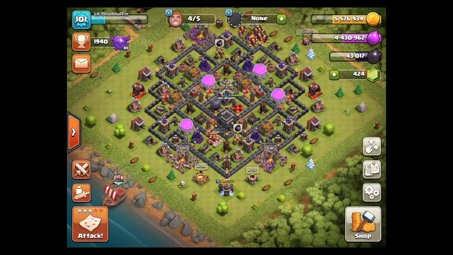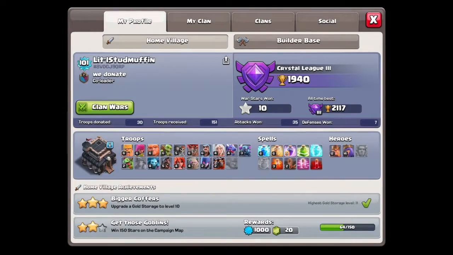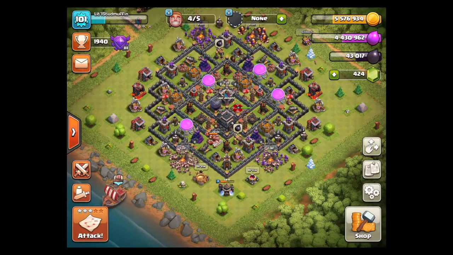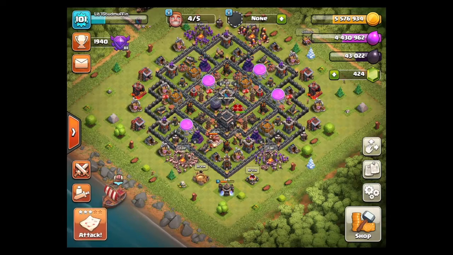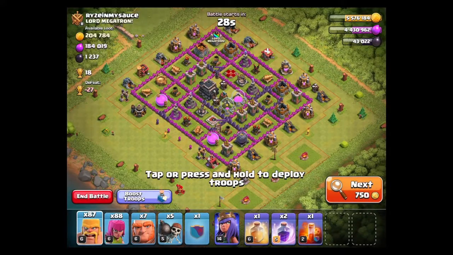Okay, return home. Cause I think, what did I max out at? I maxed out at, whoops, 2,117. So I'm sure I can get higher than that this time, but like I said, I'm farming right now, so it's not an issue. So this one,